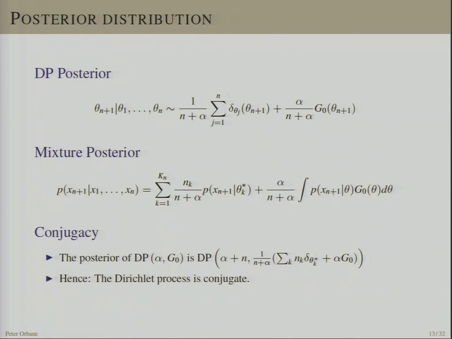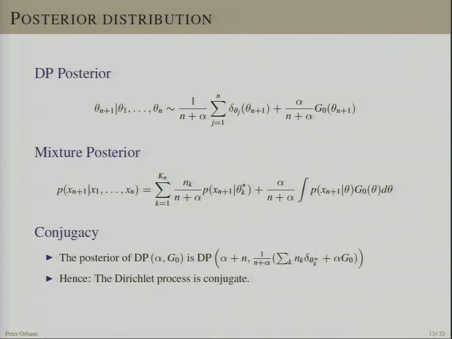And what does it say? Well, with a certain probability, which is proportional to the number of data points that we have already seen, we're going to draw from this term. And then with a probability proportional to alpha, we're going to draw from this term. If we draw from the first term, we're going to see something that we have already seen before, because the distribution is made up of these delta spikes. We're going to pick one of the points that we have seen before, and that means that points reoccur as we sample. There is a probability alpha that we're going to draw a point from this other term. And if this distribution here is smooth, say a Gaussian on Euclidean space,